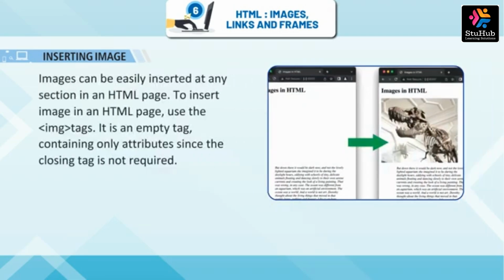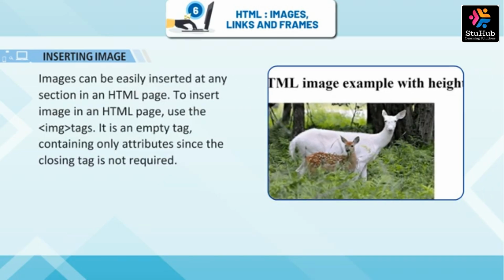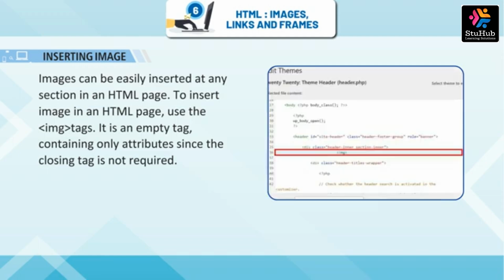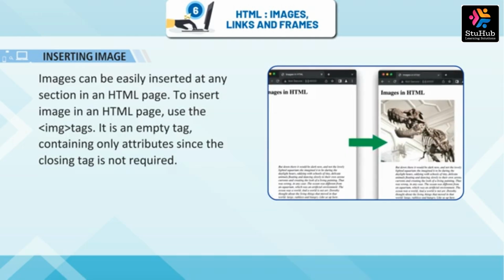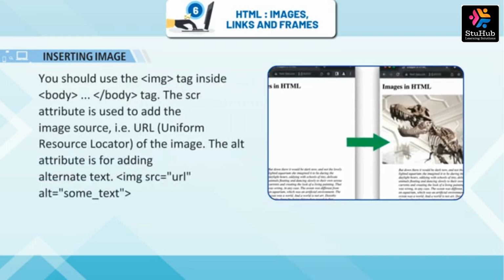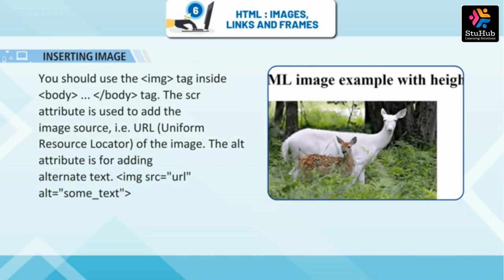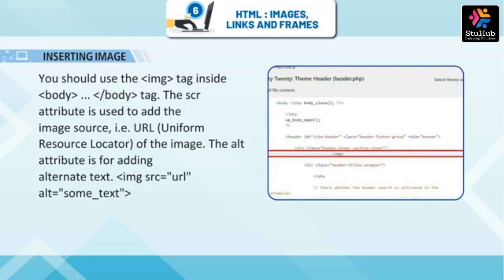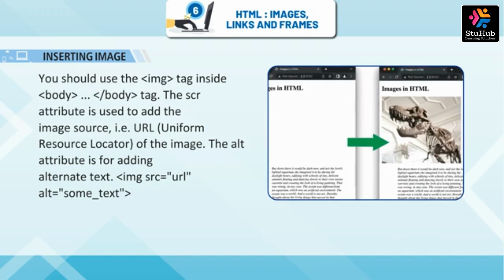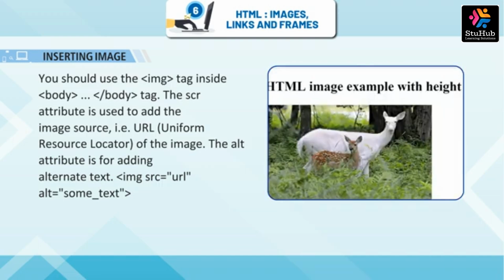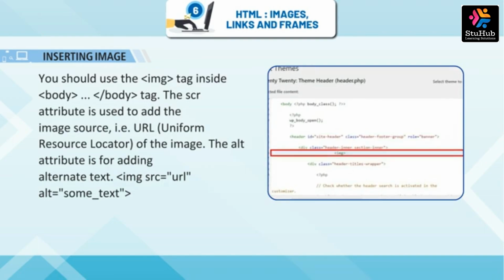Inserting image. Images can be easily inserted at any section in an HTML page. To insert an image in an HTML page, use the img tag. It is an empty tag containing only attributes, since the closing tag is not required. You should use the img tag inside the body tag. The src attribute is used to add the image source, that is, the URL, Uniform Resource Locator of the image. The alt attribute is for adding alternate text. img src equals URL, alt equals